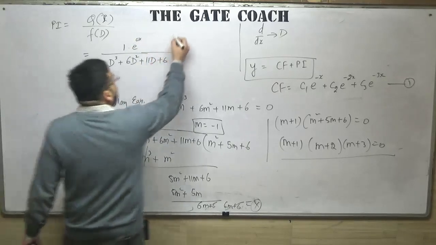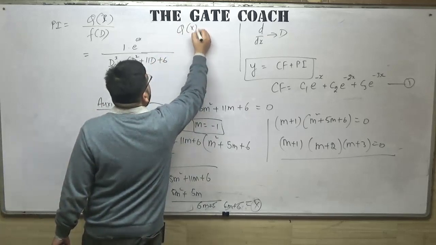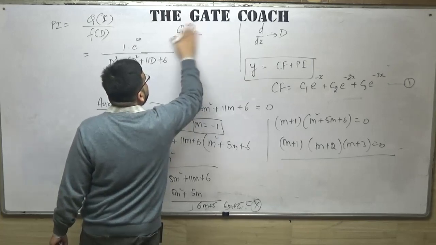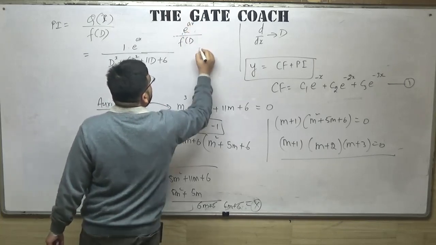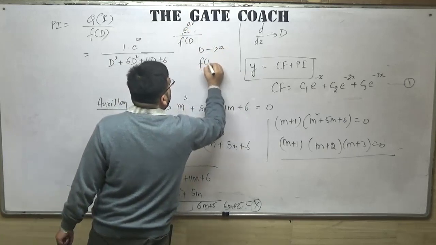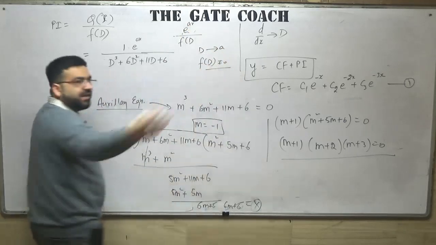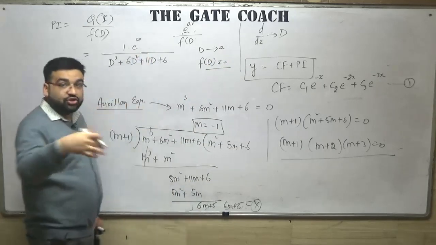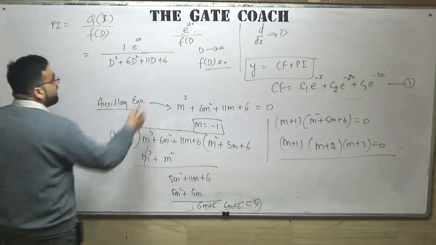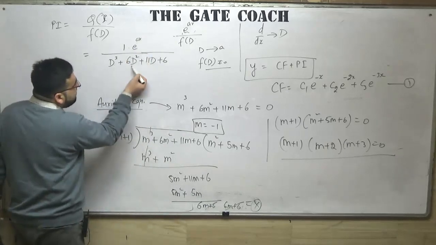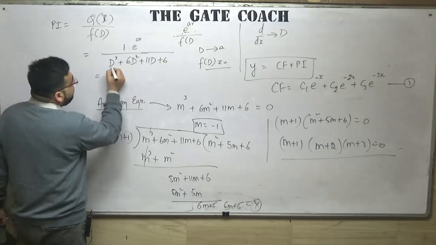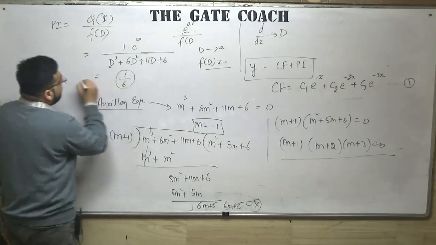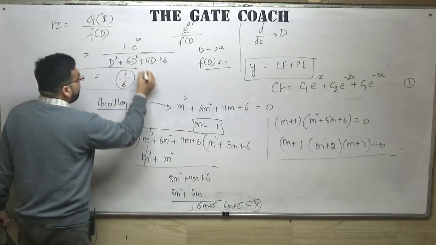Whenever you have Q x divided by f of D, and this Q x is basically e raised to the power ax, we replace D with a, as long as f of D is not equal to 0. If it is equal to 0, then we have to do something else, by differentiating the numerator, x raised to the power n divided by n factorial, all those things. But here if you put 0 plus 0 plus 0, it is not equal to 0. So instead of D, if you put 0 here, so 0, 0, 0 and 1 by 6. So the particular integral is 1 by 6.